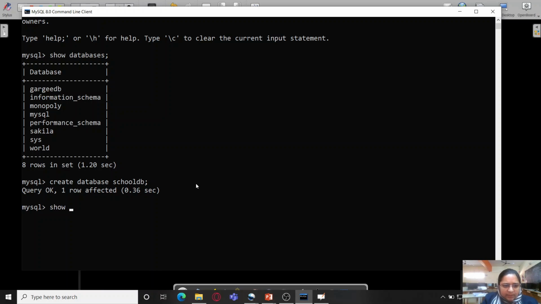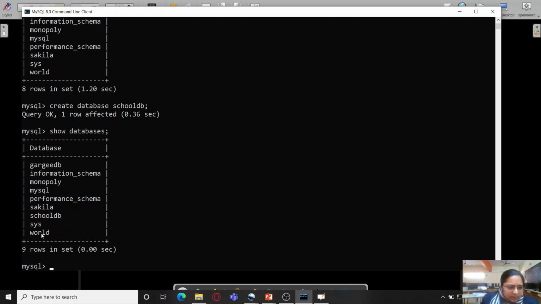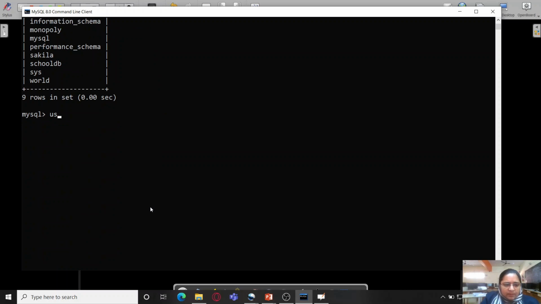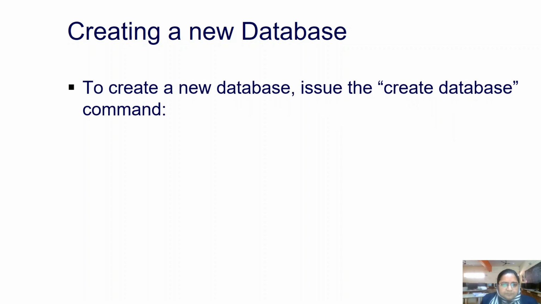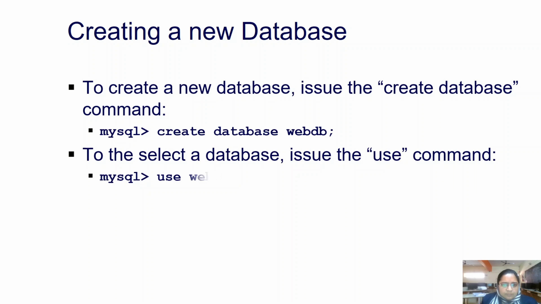If you now check the catalog, you will find that school DB is already there in the group of databases. We just need to use that. Now the database has been changed to school DB. Whatever operation we do now, we will be doing it in our school DB database. For example, you can see another name has been used over here, WebDB, and use WebDB.